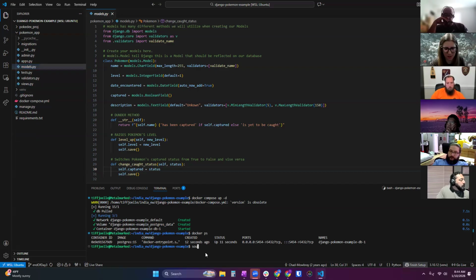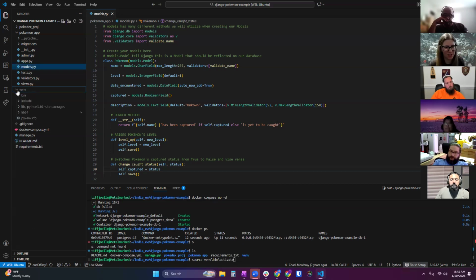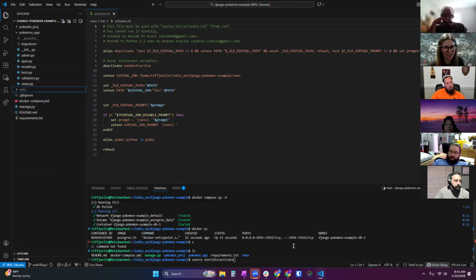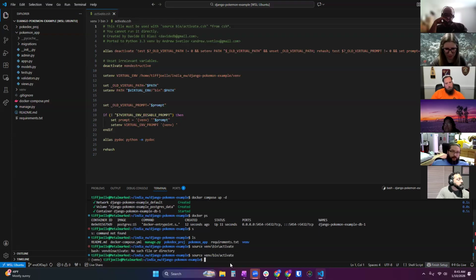So let's go ahead and make sure we're, oh, not S, ls, make sure we're at the same level that our virtual environment is, and then we can say source venv/bin/activate. And that's literally just saying go into bin and run this activate. So that's if you were curious about where that came from. No such source bin. Am I doing it the wrong way? Help me out if I'm doing it the wrong way. There we go. Okay.